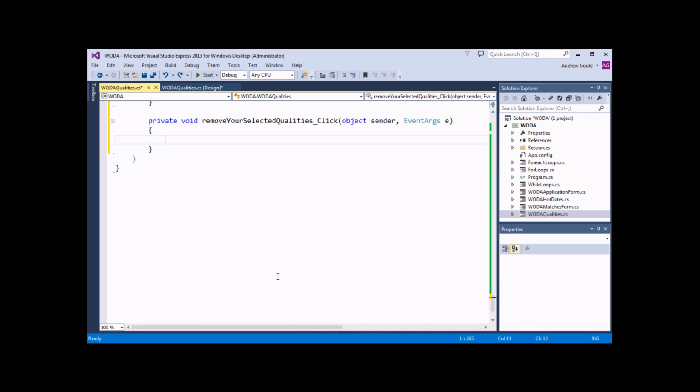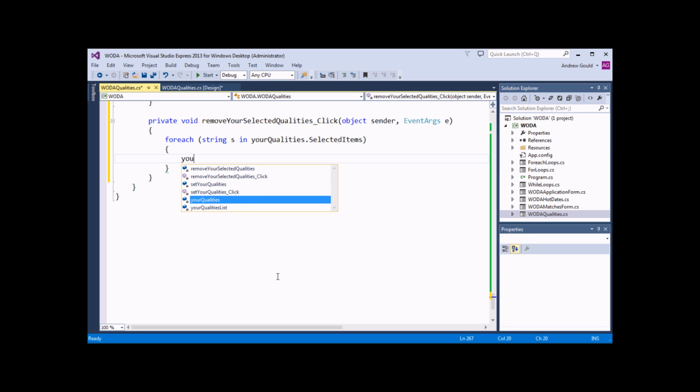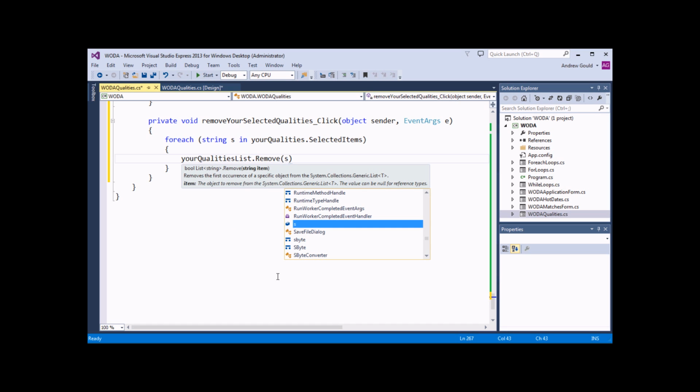This time we'll loop over the selected items collection of the your qualities list box. So we're going to use another ForEach loop to do that. I think it's the most convenient syntax to use. So we'll say ForEach string s in yourQualities.SelectedItems. What we can then do inside the loop is for each item we encounter, we'll remove the item from the list variable stored in this form, in this class. So we'll say yourQualitiesList.Remove, and then we can pass in the value referenced by the string